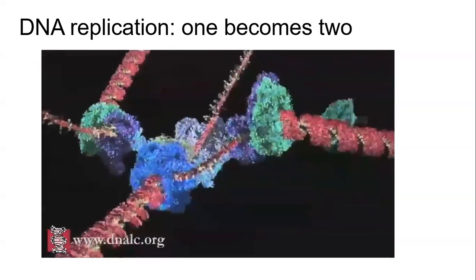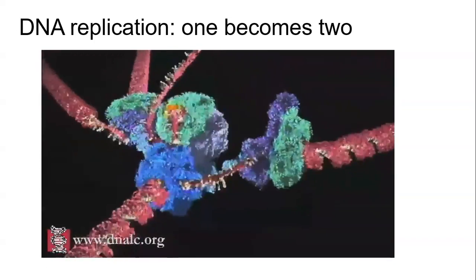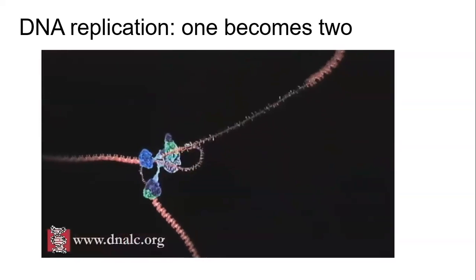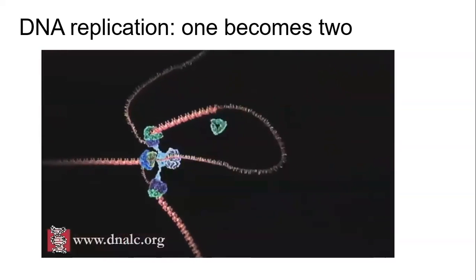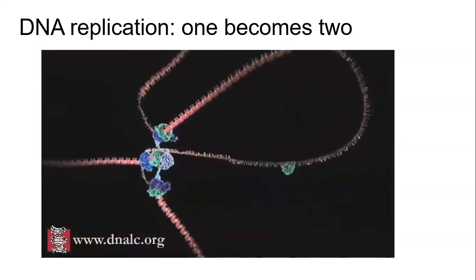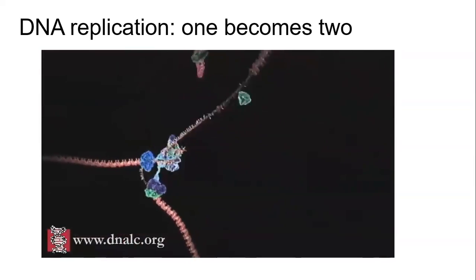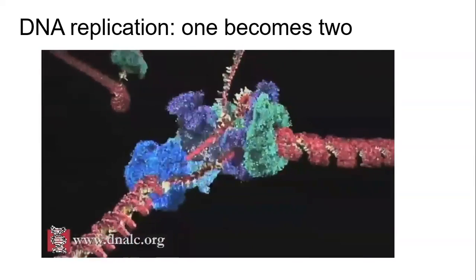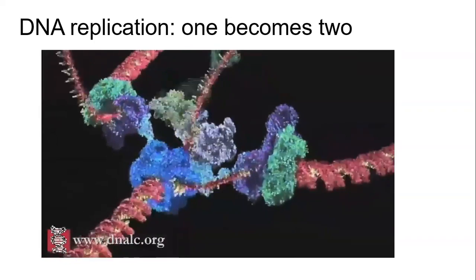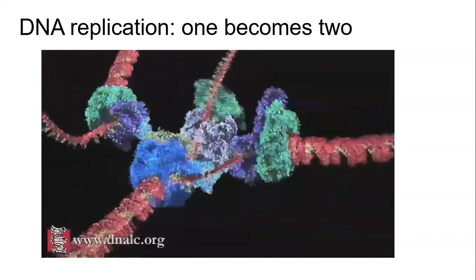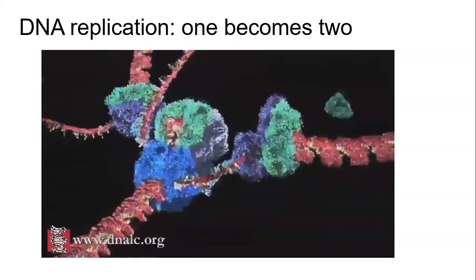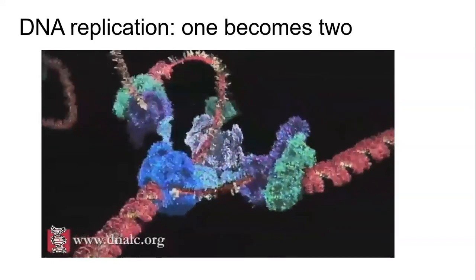So it has to add on bases in reverse and then let it loose, and then add on more bases in that loop and then let it loose. And these machines are currently doing this in millions and millions of your cells right now. And this is the fundamental process that has carried us through from primordial organisms like 1 billion years ago